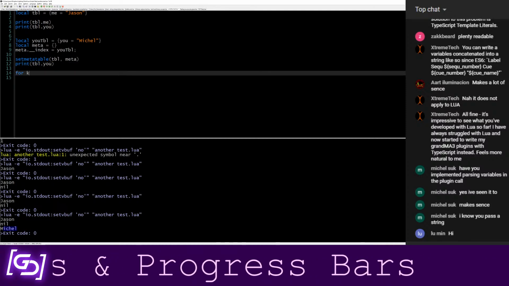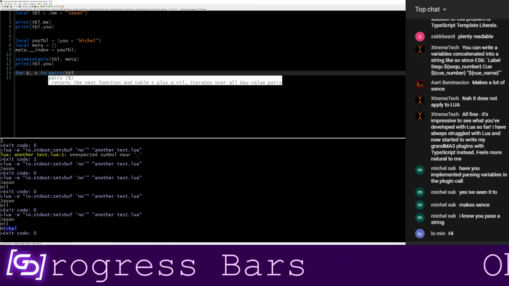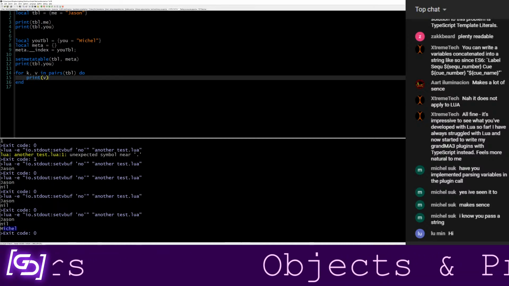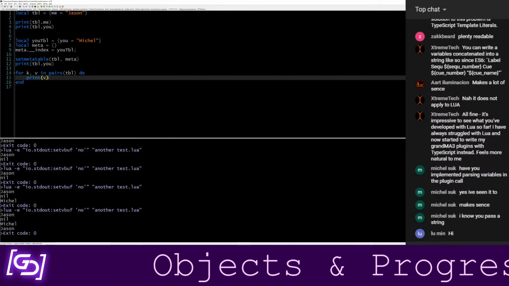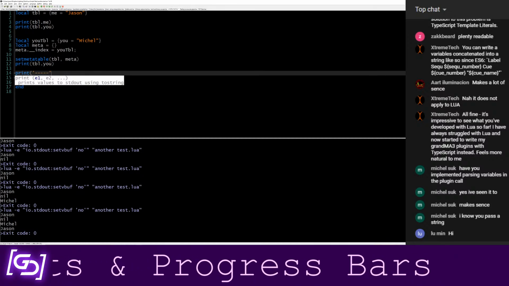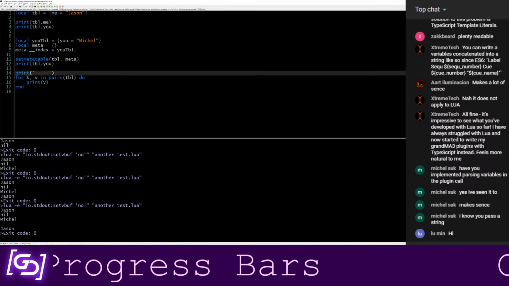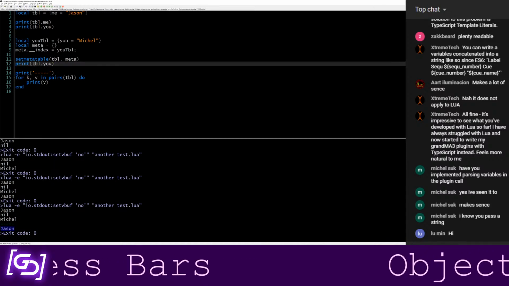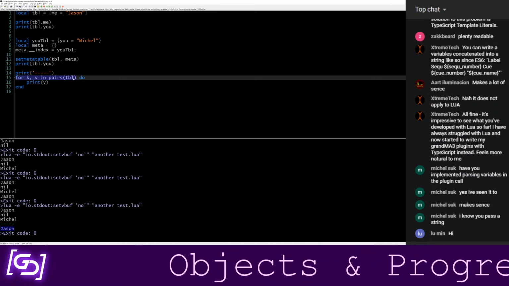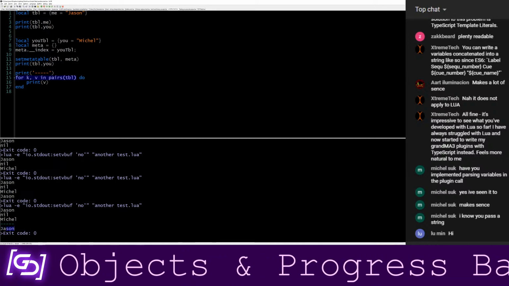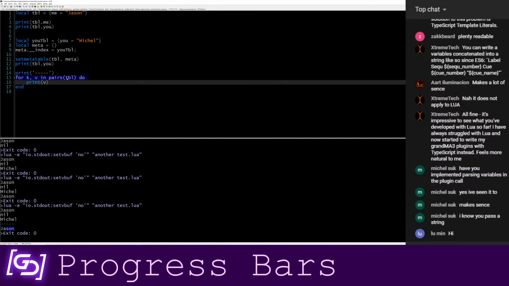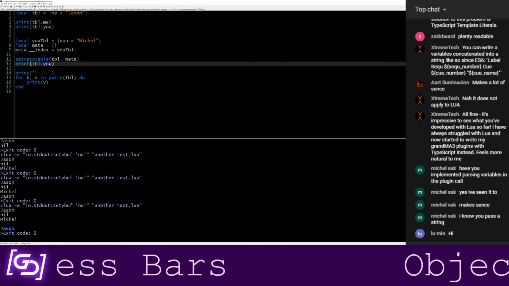If I was to say for k, v in pairs table do print v, so if I print the value from every key in this table, well, let me make this a little clearer because I know it's getting a little bit hairy. So after this line, only my name appears still. Even though I can call .u on this table, when it's iterating through the values that exist explicitly in this table, the other possible options don't show up because they're not a part of this table. They're a part of a table that is linked to it if that specific index is requested.